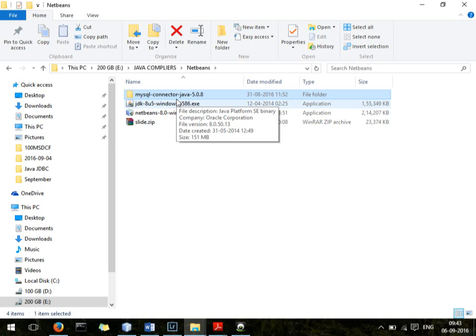Oracle comes sometimes by default, or if you want to connect to Microsoft Excel, you need to have that connector. Microsoft Access also comes by default. So if you need any special connectors, you just have to download them. Right now, this is the only connector that I want, this one.